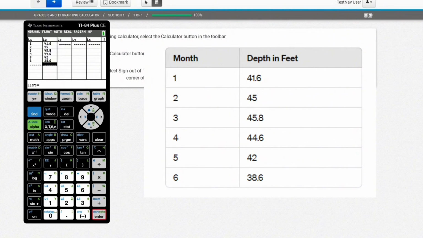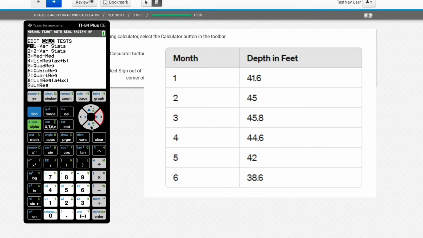Now, this was a cubic model, so we're going to use cubic regression. And we're going to need to use that equation to plug in 10. So not only will I go to stat and calc and go down to cubic reg or just hit 6 or whatever your pretty little heart desires, we're also going to make sure that we go to store regression equation and save that equation because we're going to use that equation. So go to store reg eq, hit vars, go to yvars, hit function, hit enter,